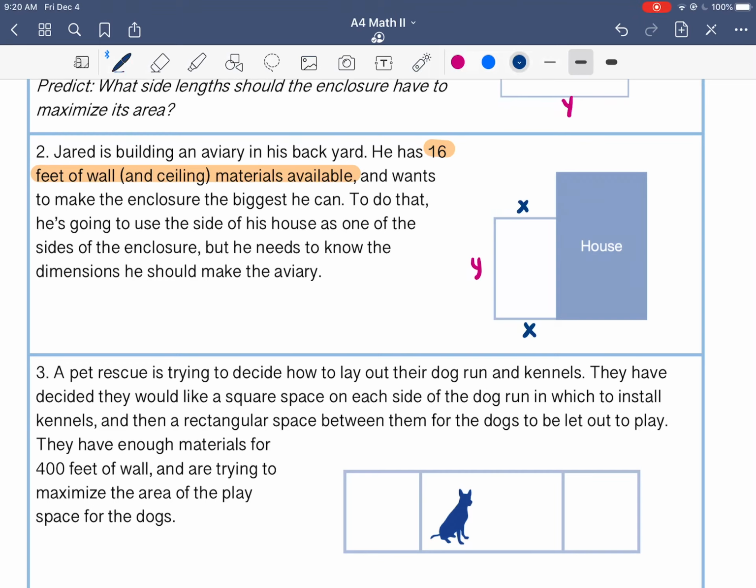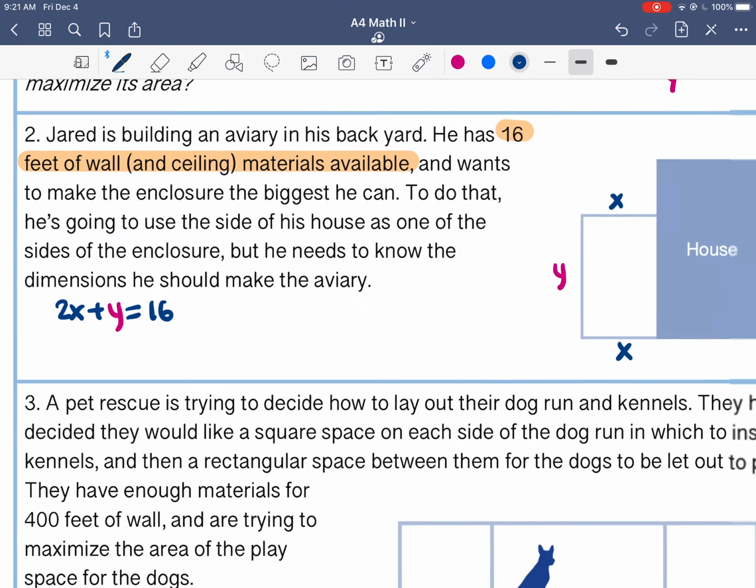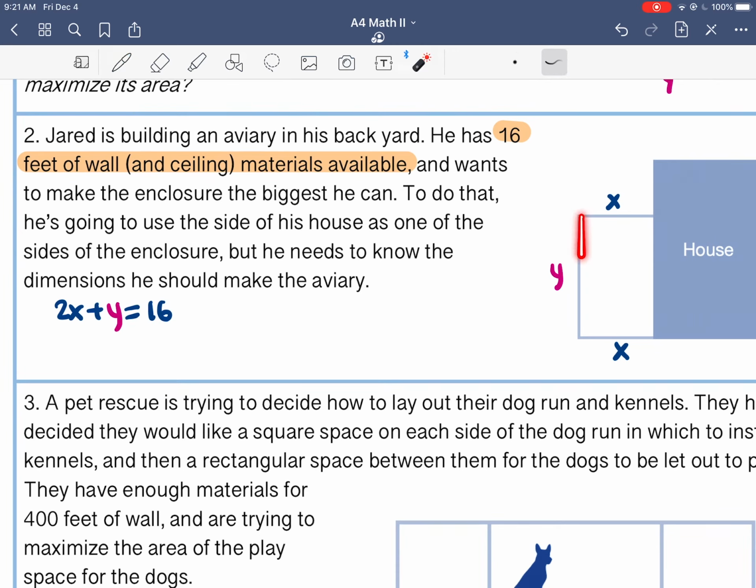So I'm going to again write an expression for the perimeter of this aviary. I have 2 x's and only 1 y, and all of that has to add to 16. And again, we need an expression that says y equals, because we need an expression for this length with just x in it. So I'm going to solve this by taking away 2x on both sides. Take away 2x. And we get an expression that says y equals